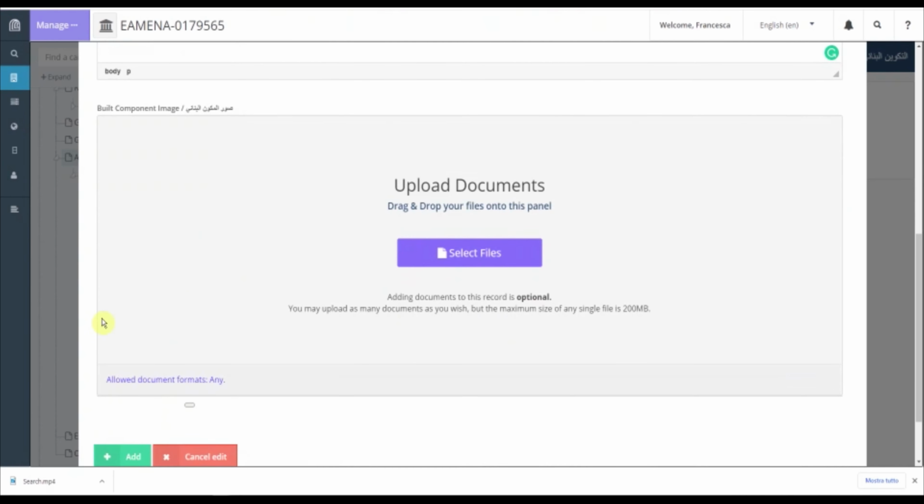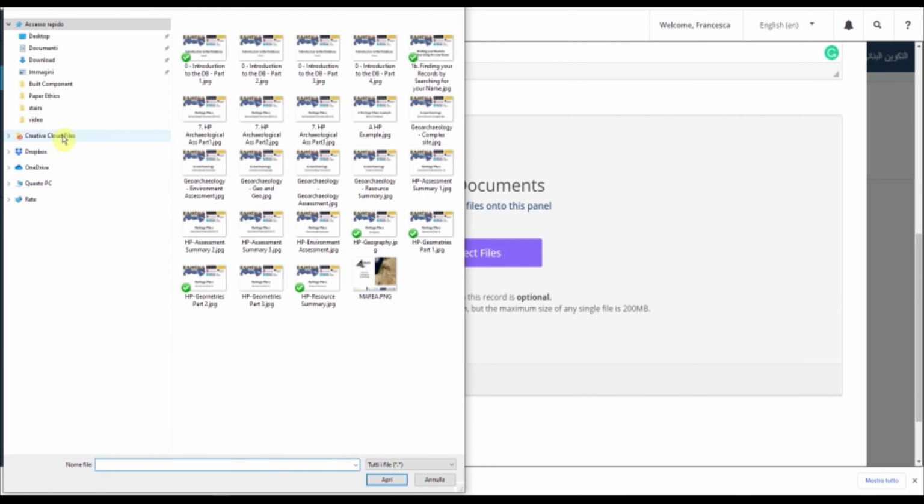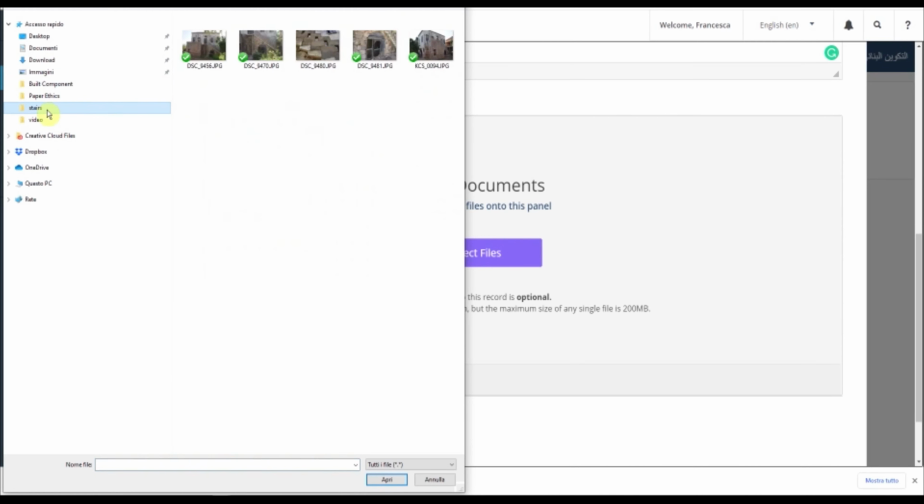The next field is the build component image. You can use this field to upload images, but also any other relevant documents, like, for example, written reports, videos. There are two ways that you can do it: you just drag and drop your files in the panel, or you can click on select files, and then you can go through your folders in the computer to select the images that you want to upload.